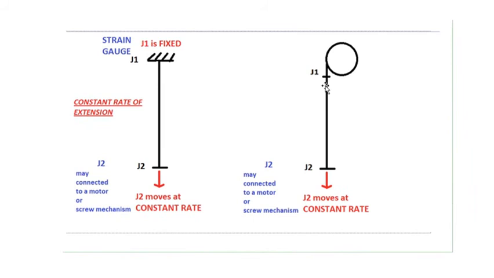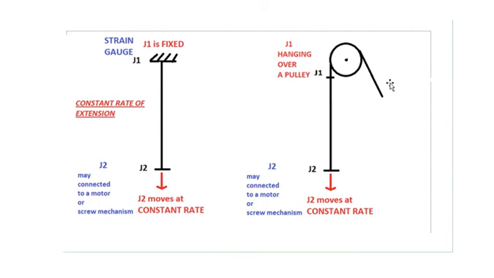Next, we have the top jaw, but the top jaw J1 is not fixed, whereas it is hanging over a pulley. So you could have seen in a well there is a pulley. Similarly, in a well you have a rope and you pull it and it comes. Similarly, a pulley is there. So the J1 is hanging over a pulley. On the other side, there may be an arrangement which measures the load. So this jaw J1 is not fixed, whereas it is hanging. There may be a steel tape attached to a pulley so that